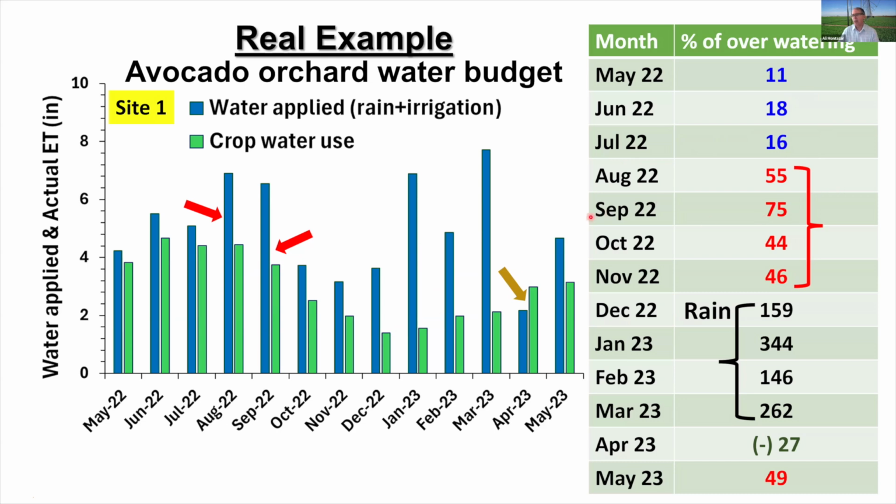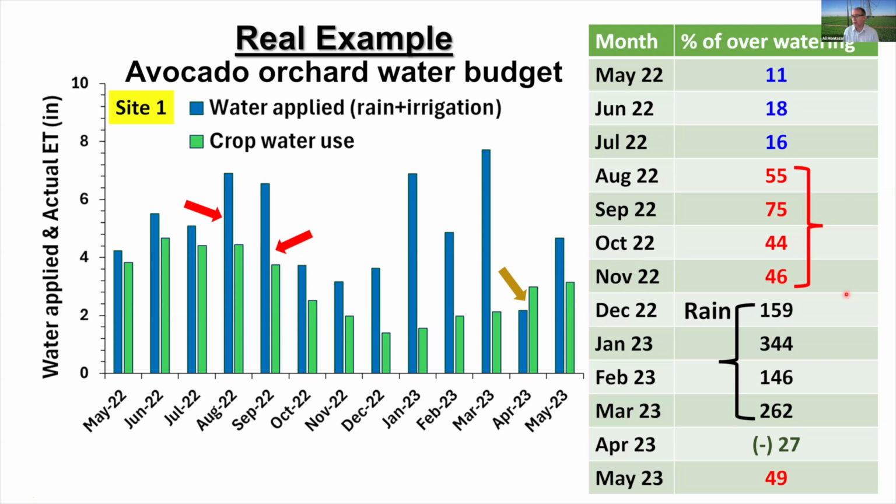I think 11 or 15% over irrigating in avocados than crop water needs is not a big deal, because the grower has some leaching concerns or any other concerns at the field. So it makes sense. But when it comes to August, September, October, and November, we see